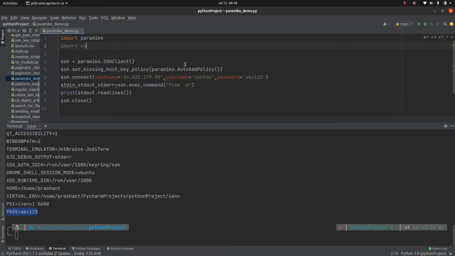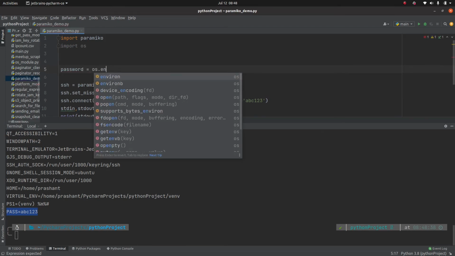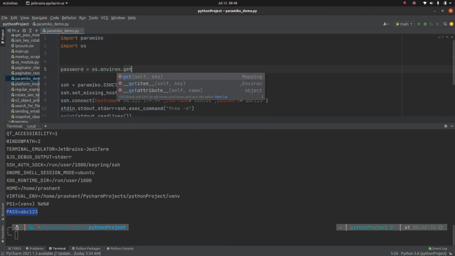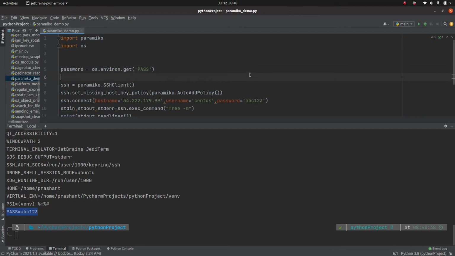Now to get this password, I will use os.environ.get, and to get this value, rather than passing the password directly, I can pass this variable name, password.